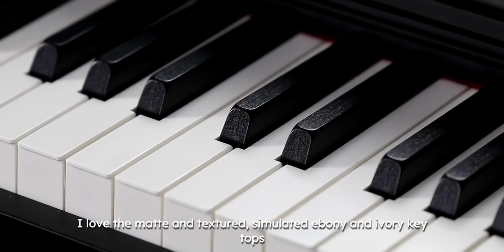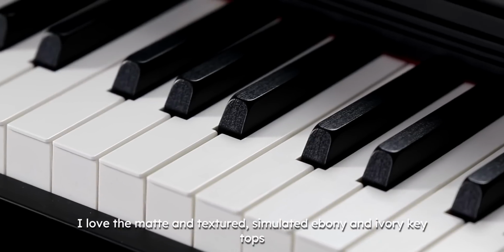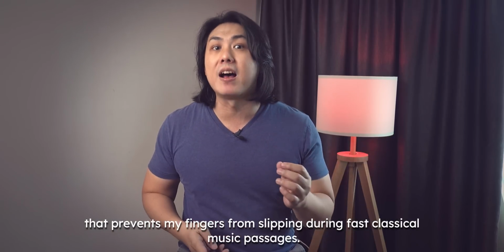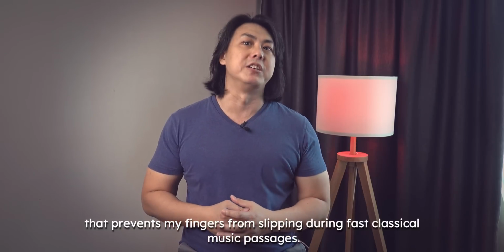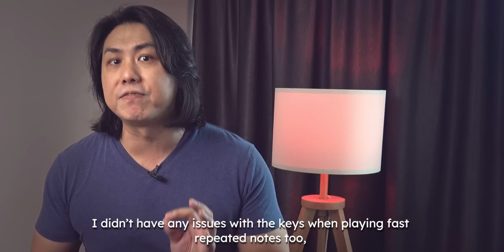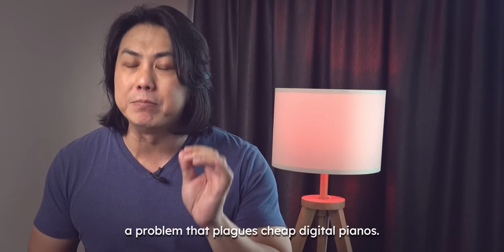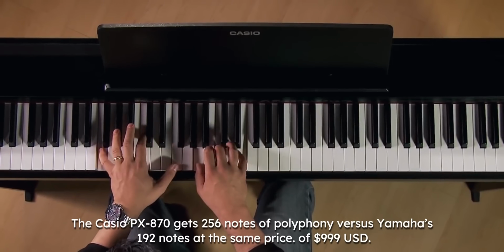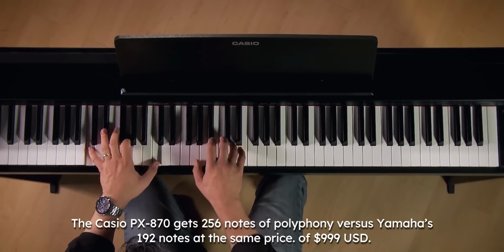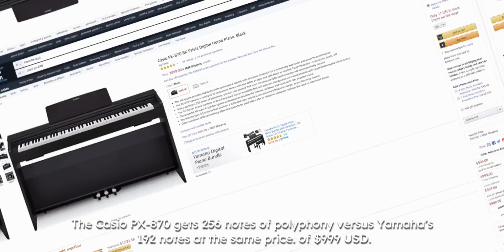I love the matte and textured simulated ebony and ivory key tops that prevent my fingers from slipping during fast classical music passages. I didn't have any issues with the keys when playing fast, repeated notes too, a problem that plagues cheap digital pianos. The Casio PX870 gets 256 notes of polyphony versus Yamaha's 192 notes at the same price